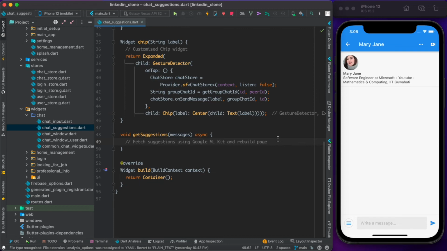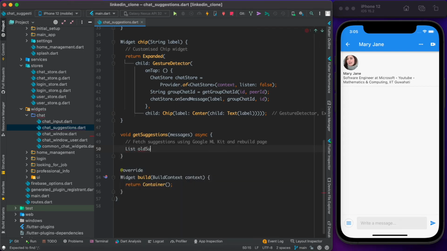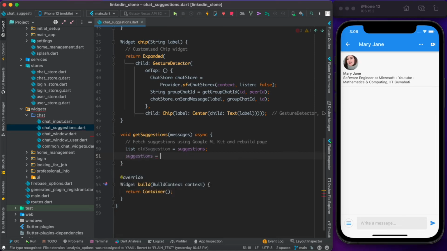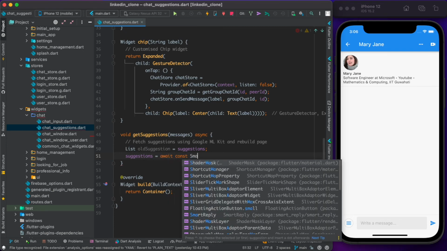In here we'll be making use of the smart replies plugin. As we have already seen before, it's a part of the Google ML Kit, but it's very well implemented in this plugin called smart replies, which we already have inside this project. What I'll do is say list old suggestions equal to suggestions, and then I'll say suggestions equal to await, const, and we'll use smart reply.